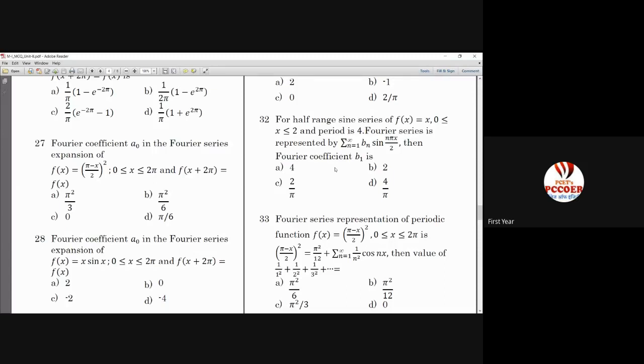So what will it be? 2 by L. What is L? Again, many students made this mistake in the INSEM exam, and they lost 3 marks entirely because everything is wrong. If you take L wrong, then the entire answer will be wrong. What is L? 2. Yes, L is 2. Okay, so the upper limit is directly L over here. Even if you don't understand, they have given the period to be 4. So 2L is equal to 4, so L is equal to 2. That way also you can take. But sometimes if they don't mention the period, you will have to take the upper limit as L.